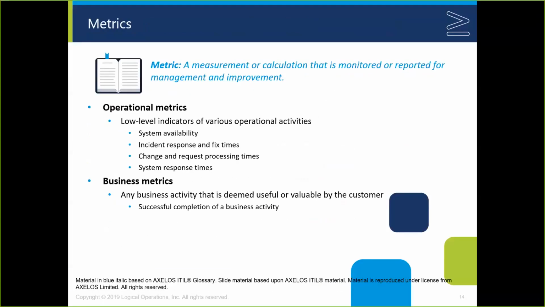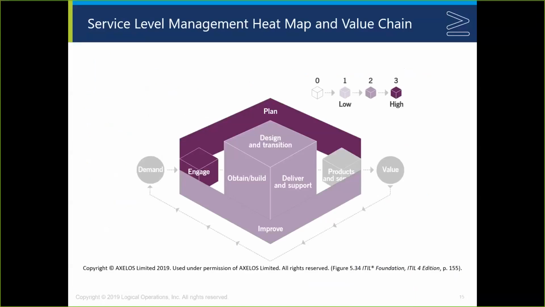Okay, notice here they introduce the idea of establishing metrics. They have dispensed with the 3 types of metrics in the ITIL CSI guidance in ITIL 2011 and replaced that with what they call operational metrics and business metrics. Operational metrics focus on what we used to think of as system or technology and process metrics. Business metrics focus, as the name would imply, on business outcomes, right? And ideally, we want our service level agreements to reflect business metrics. How is this helping them achieve their business objective?